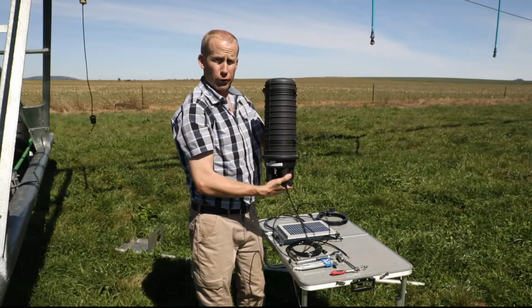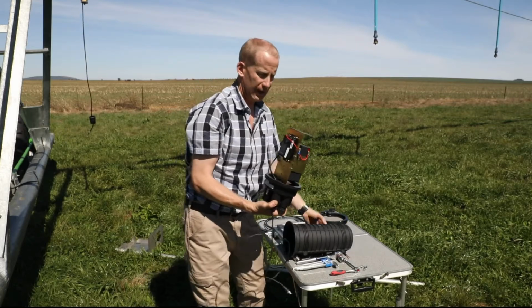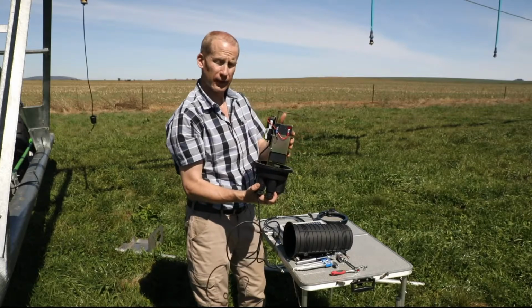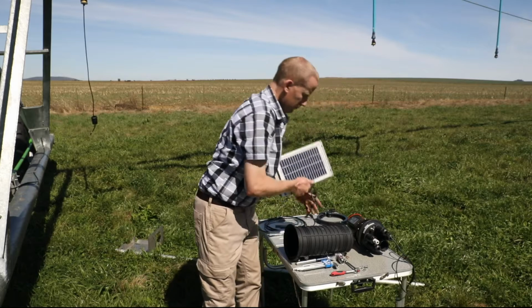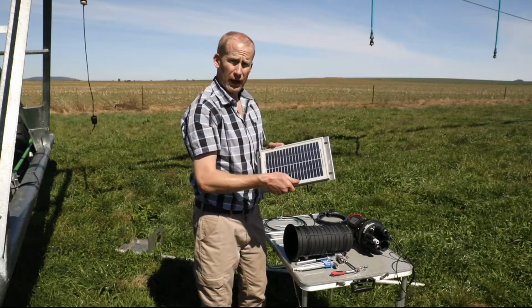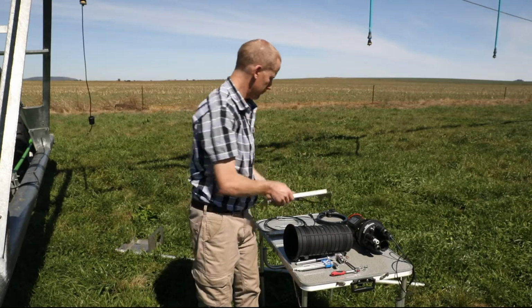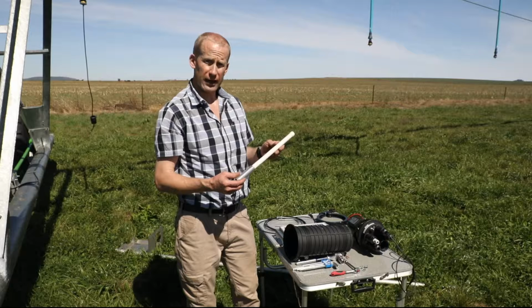We have the remote unit itself. We can open up the remote unit and see the radio unit as well as the battery pre-installed onto the backing plate. We have a solar panel mounted onto a pivot mounting plate, the external antenna,